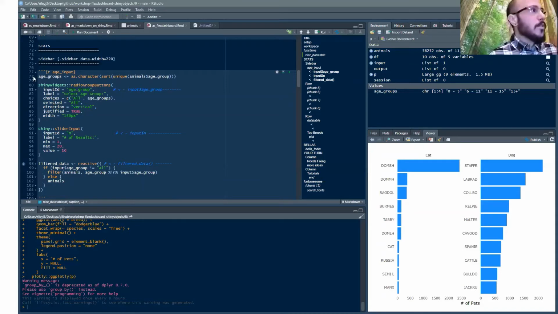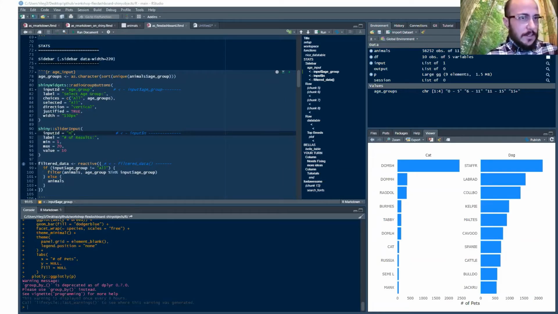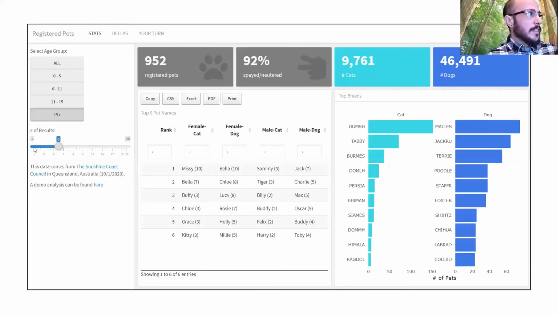This step we already saw. So we had creating the age groups, and we created that age group input. But now we also want to create a slider input. And I'm making a few changes, like making it vertical instead of horizontal. I picked the width of it so that it filled in the space a little more. But now I want to create this slider input object, which is this guy, the slider input, and then